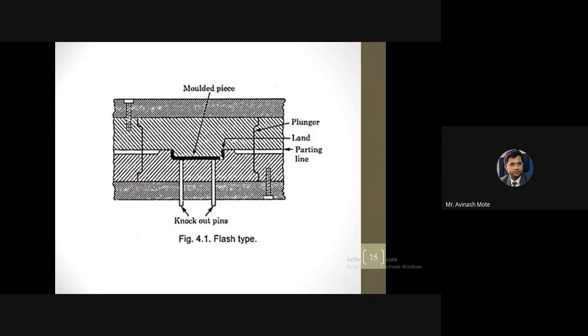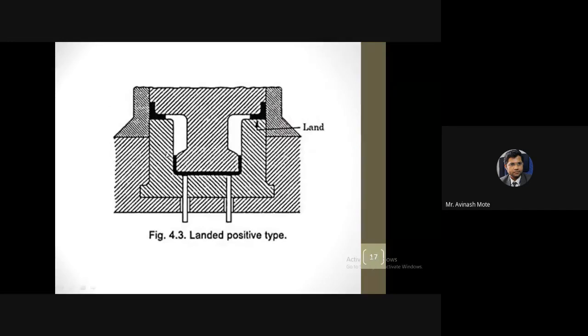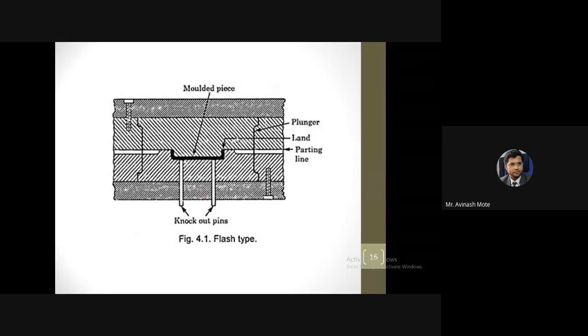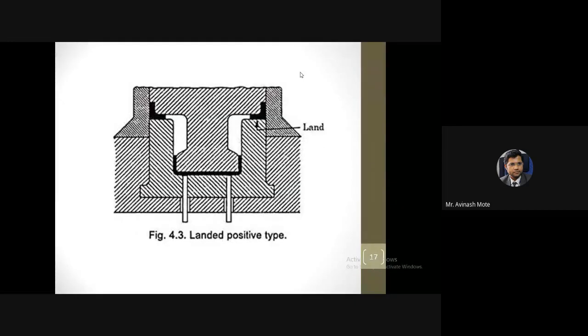Can I zoom it? This is the land surface. Look at the cursor if you are observing. So at this land surface, or over this land area, this mold piece will rest here. Look at this, here it is shown properly, this black part is resting over this surface. It is called a landing. Sometimes, based on the mold design, it is different. It is different in this case. So here is this landing area.